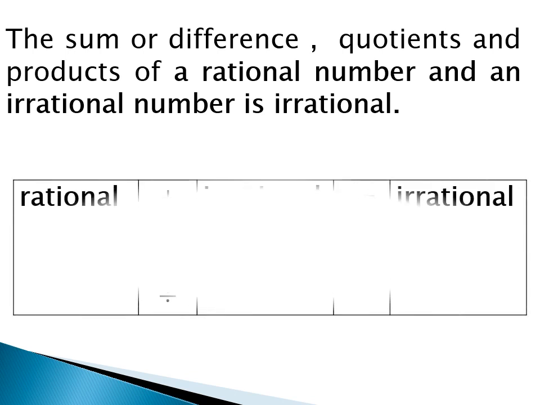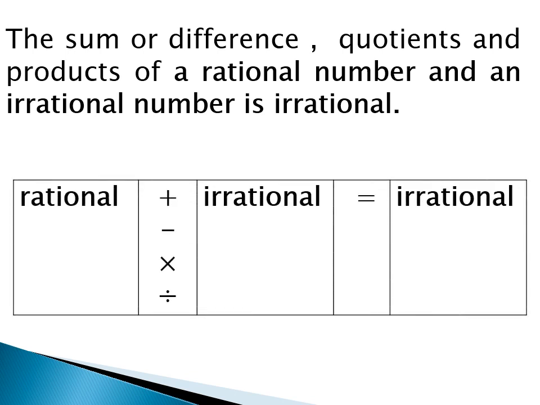Let us see that in the table. The first number may be rational and the second number may be irrational. We can change the order also: irrational can be first and rational can be second. Now we are following rational as the first number and irrational as the second number. When we do the sum, your answer is always irrational. When we take the difference, then also it is irrational. When we take the product of the given numbers, then also we get this. Sometimes when we go for division, we also get irrational.